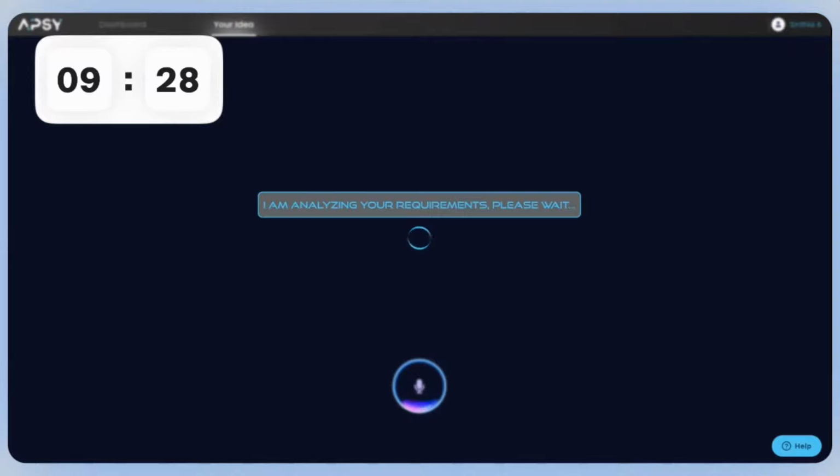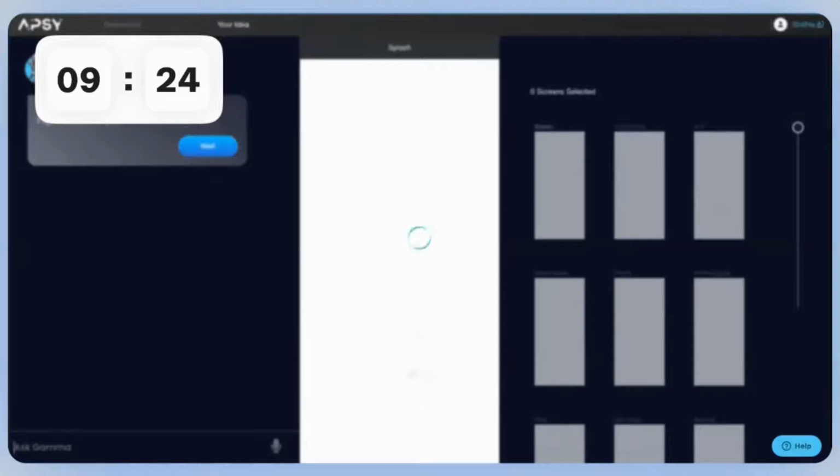Right now, this is initializing based on, again, my simple English text that I have talked to Gamma using the microphone. Based on whatever sentence you come in and speak, it will initialize and it will spit out screens per your comment, per your sentence that you have tried to have a conversation with Gamma.